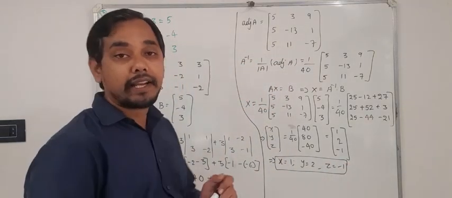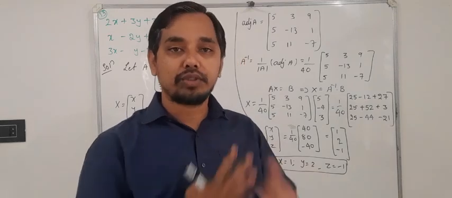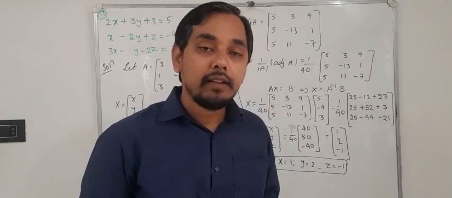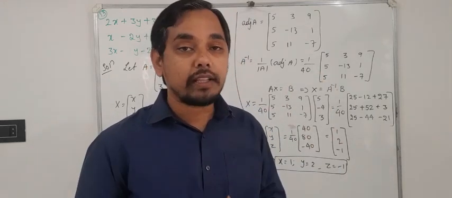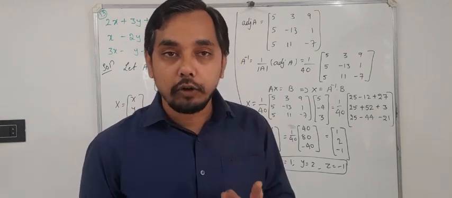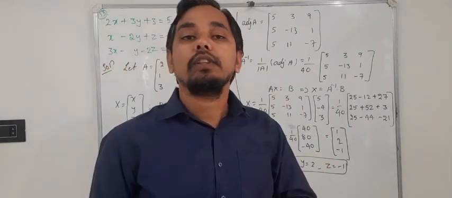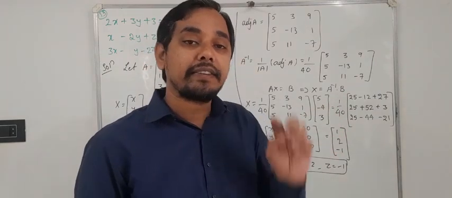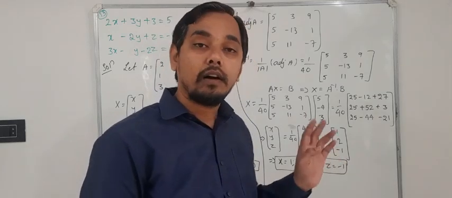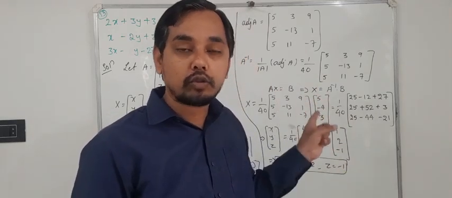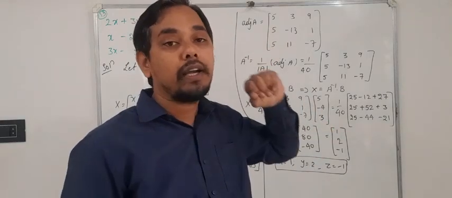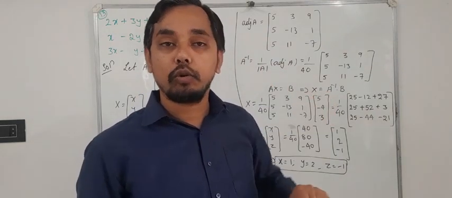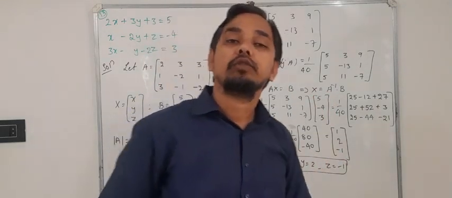Here adjoint I have written directly, but in many problems, maybe it is the previous problem, or it may be the example problems, in all of them I have clearly solved minors and cofactors. So if you are not understanding here, you go through that video, check how to calculate minors and cofactors, and in this same video the previous problem I have done by minors and cofactors. You check it and then you try to solve this one. This has to be solved by solving minors and cofactors. Then only you will get the value of adjoint. I have solved it separately and then here I have written directly, right? So don't do it directly, you go through the minors and cofactors method. So this was the 13th problem.